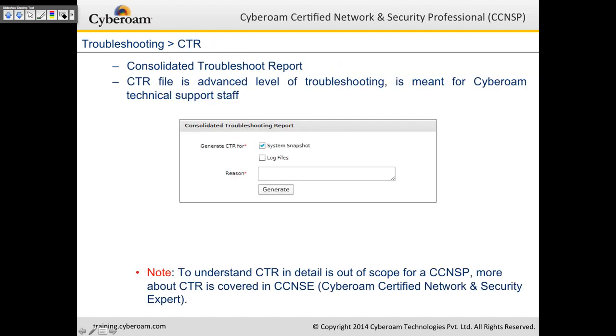10.120.16.1. Now we also give you the option to generate a CTR and download it. So what is CTR? It's a consolidated troubleshooting report. The CTR file is an advanced level of troubleshooting and is meant mainly for Cyberoam technical support staff. You can generate CTR, selecting the option with system snapshot and also the log files. You can put in a reason and generate it, then download it and submit it to the Cyberoam tech support